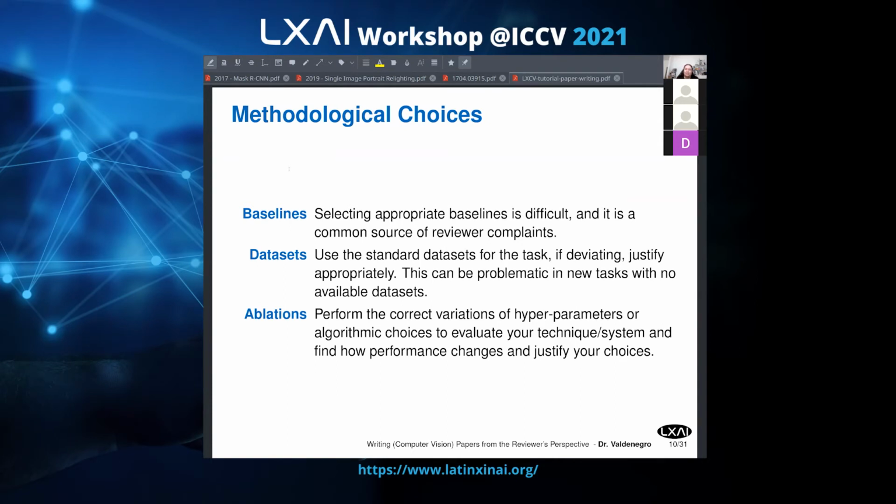And I think the most difficult baselines to select is when you have a new problem where there's not much state of the art, and maybe you need to invent or come up with some appropriate baselines. And maybe use classical machine learning, some convolutional neural network, something like what practitioners would use, and then you can use this as baseline. But if the baselines are not correctly selected, this is definitely something that the reviewers will